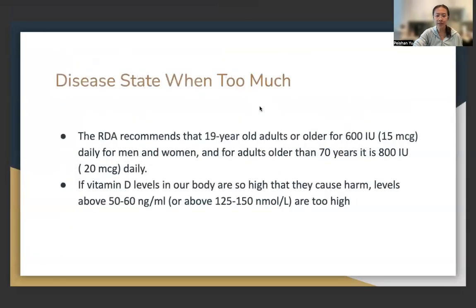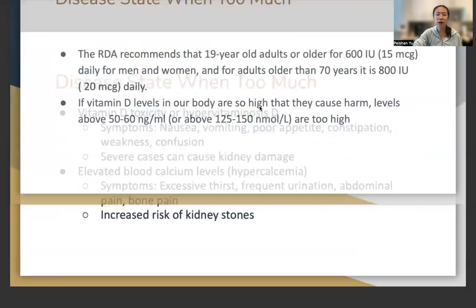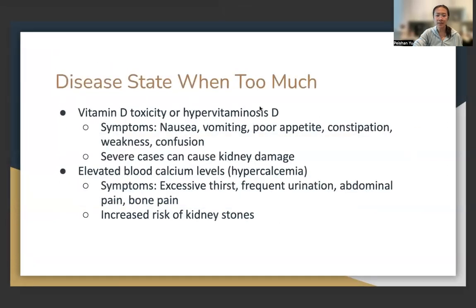The recommended dietary allowance for adults 19 years old or older is 600 IU daily for men and women, and for adults older than 70 years old, it is 800 IU daily. If vitamin D levels in our body are too high, they cause harm. Levels above 15 to 16 are considered too high. Vitamin D toxicity, or